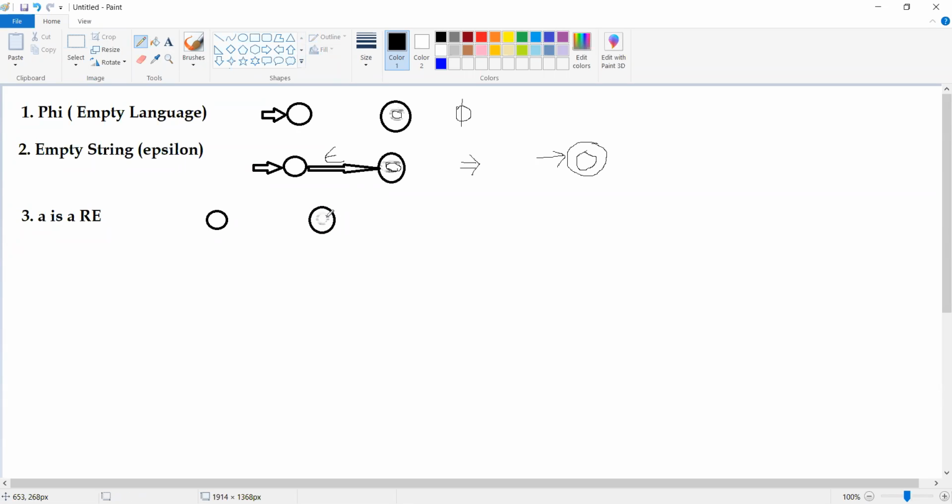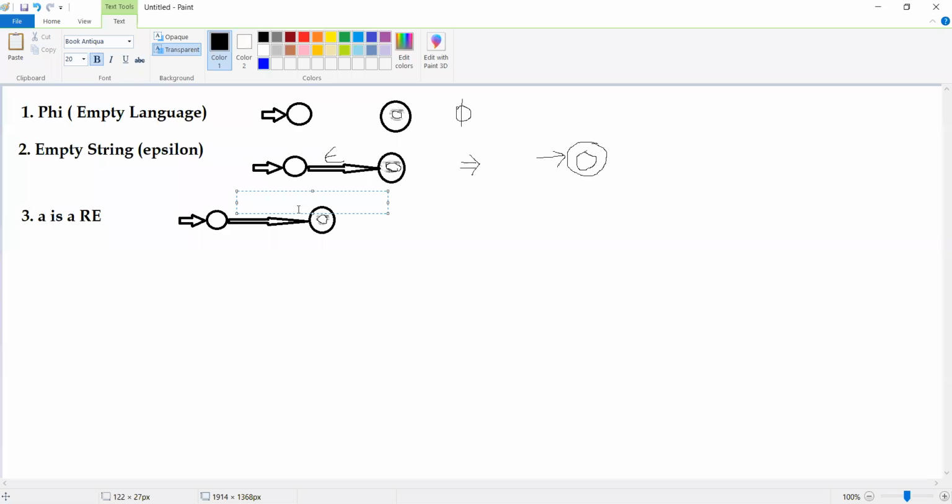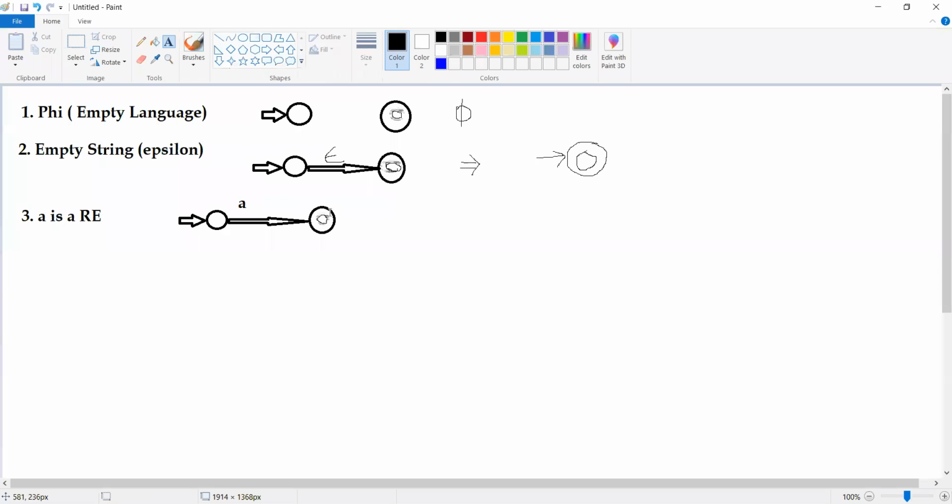So this is our initial state and this is our final state, and we need to specify the transition, the symbol which is recognized by my finite automata here: small a. This is the finite automata which is going to recognize small a, whose regular expression is small a.